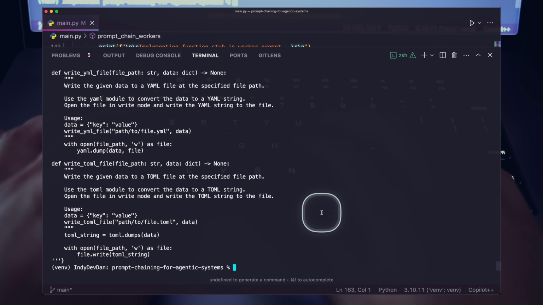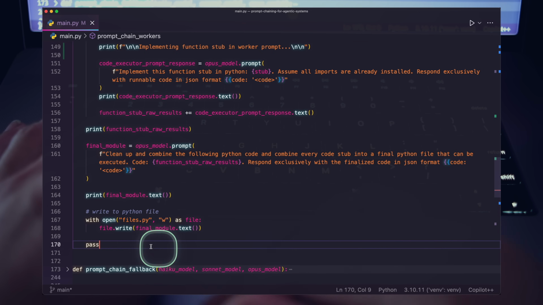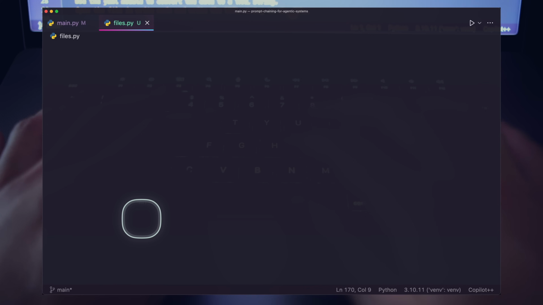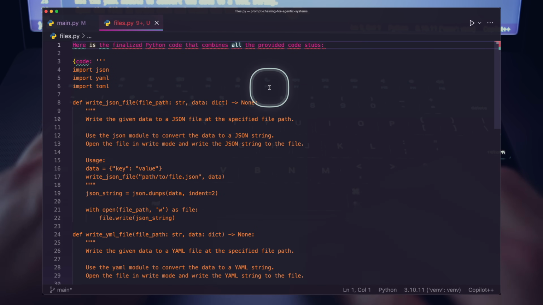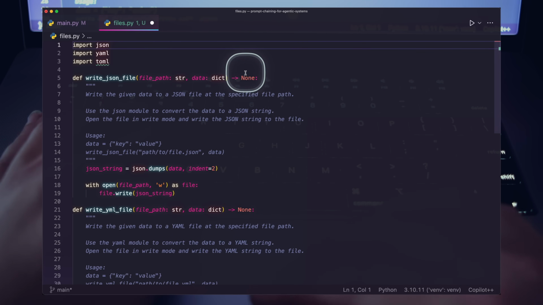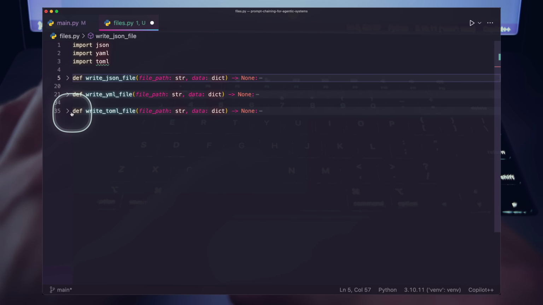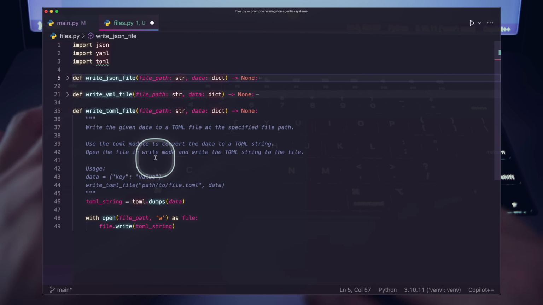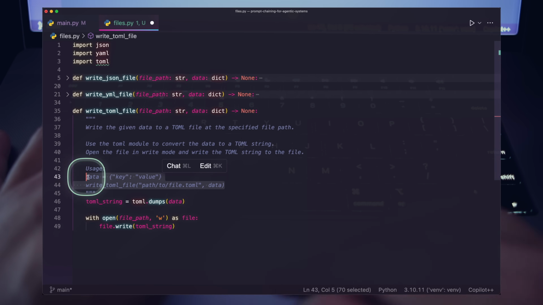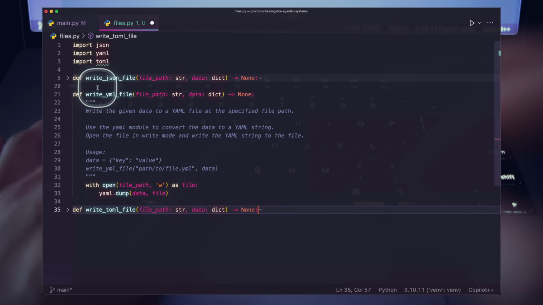All right, awesome. So it's finished here. Let's go ahead and take a look at that file that's generated. So we now should have a files.py. Let's go ahead and look at that. And okay, so we have a little bit of extra here. That's fine. Let's just remove these lines, and bam. Let's collapse everything here. So you can see here we have three really clean functions written out with comments and examples of exactly how to use it. This looks really good, and I hope this shows off the power of